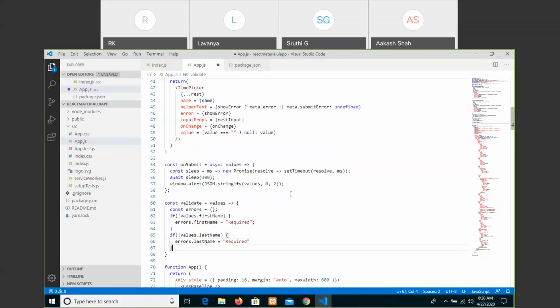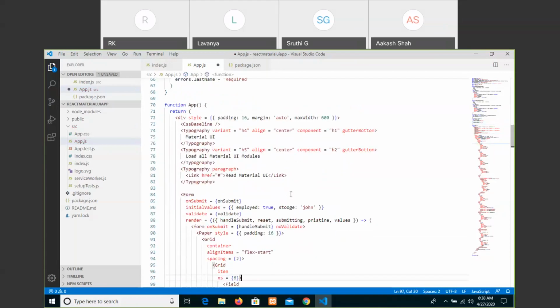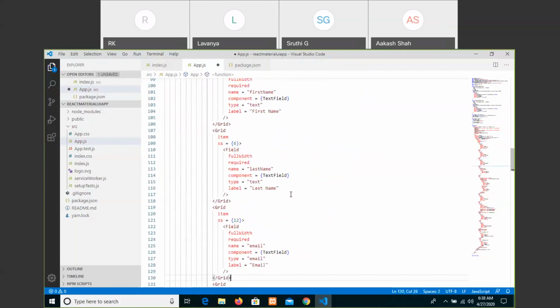And we have email also right now: first name, last name, email.